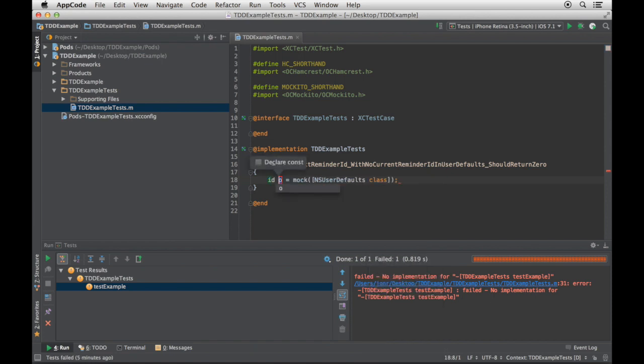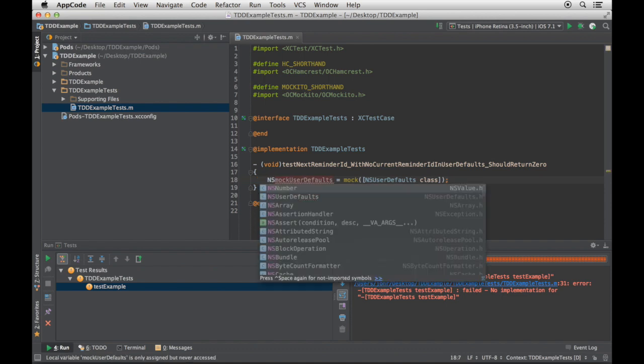And JetBrains, if you're listening, it would be nice if you were OC Mockito aware so that you could create a suggested variable name for me. And I'll change this to be more specific.